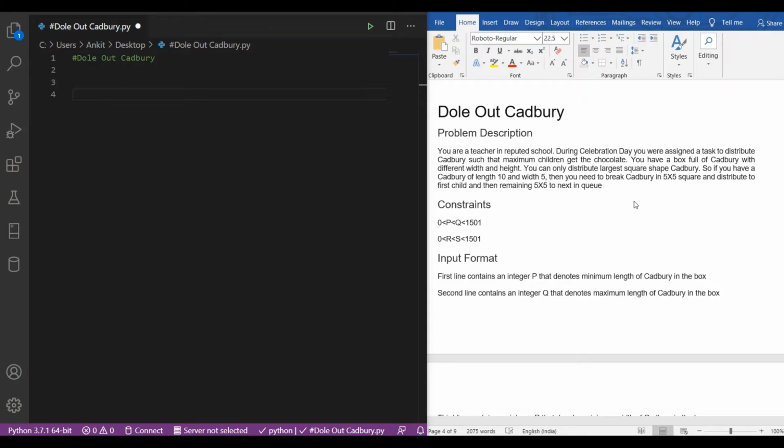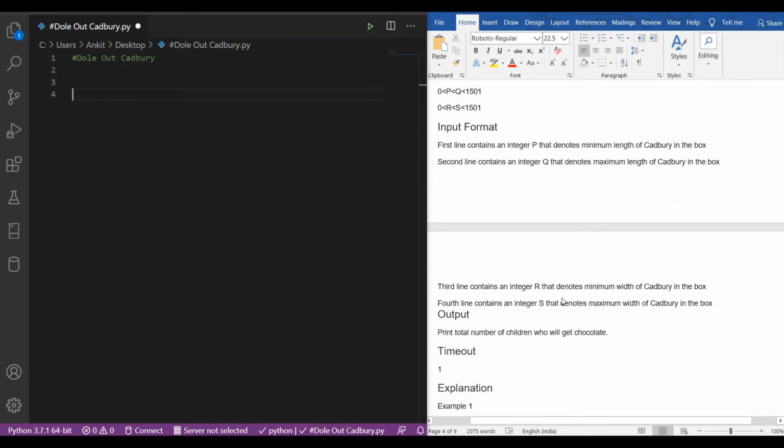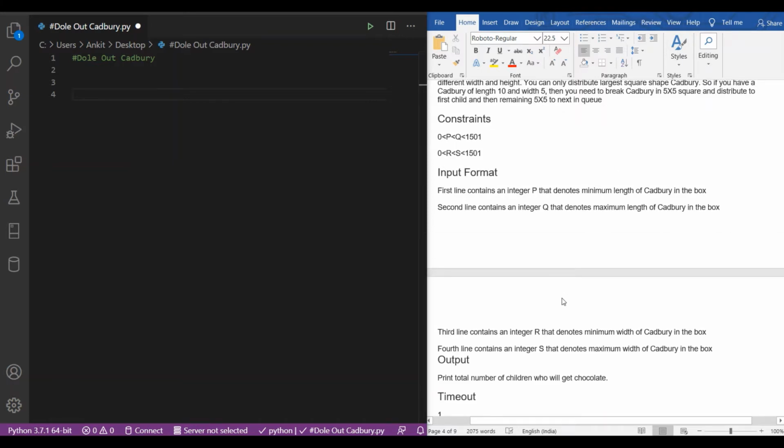For that we have to take the input from the user: P, Q, R, and S. P denotes the minimum length of the Cadbury box, and Q denotes the maximum length of the Cadbury box, R denotes the minimum width of the Cadbury in the box, and the fourth line will contain S that denotes the maximum width of the Cadbury in the box, and in the output we have to print the number of children who will get the chocolate.